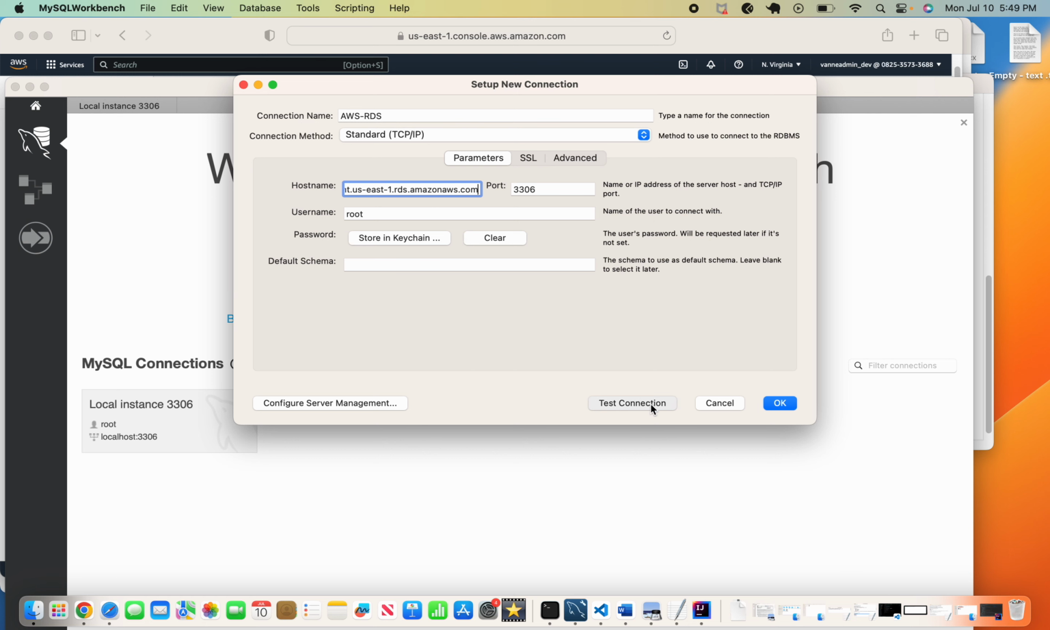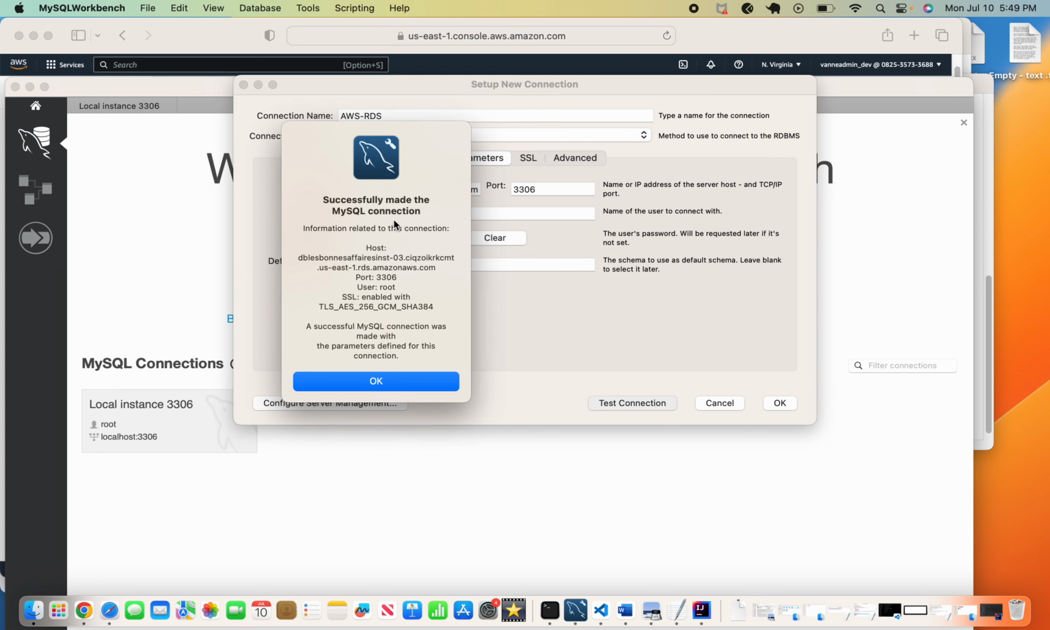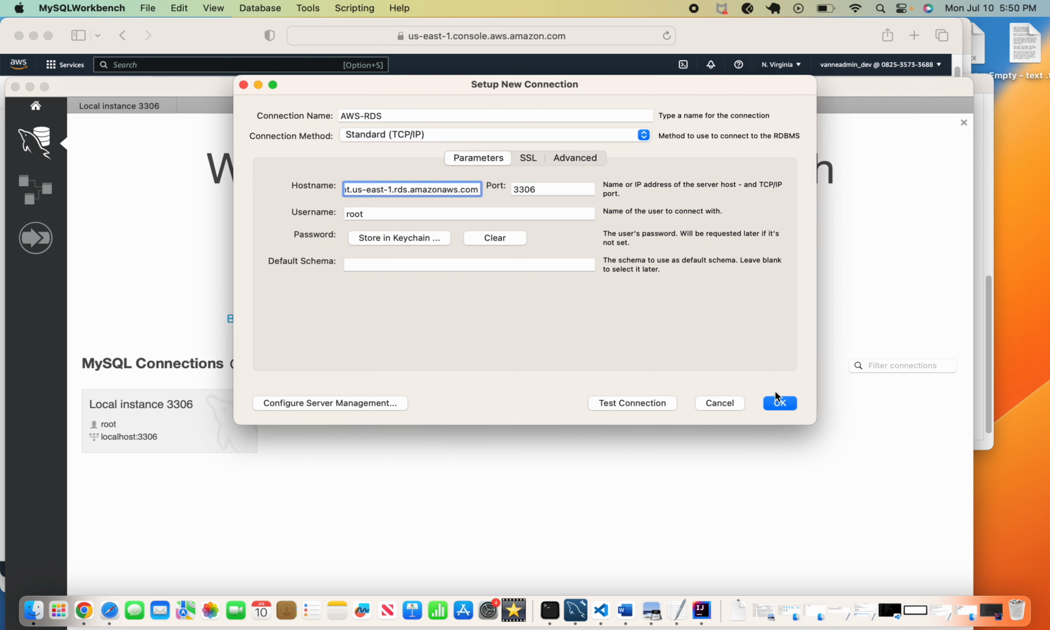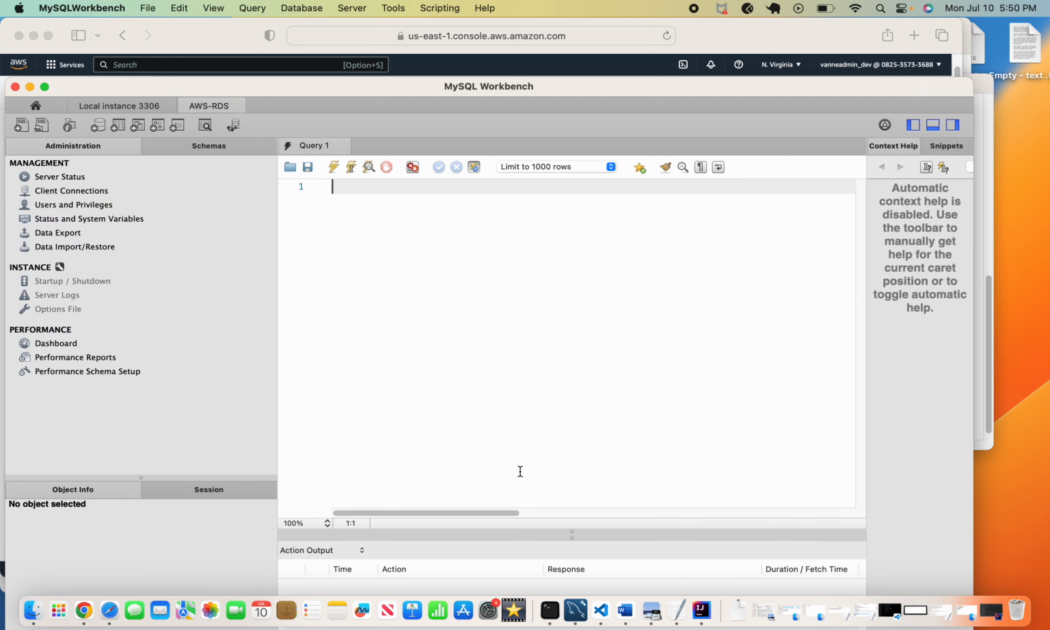I'm going to test the connection now. It's requesting the password. This is the password that we inputted earlier when we were creating the database. I click on OK. It said the connection has been successfully made to MySQL Workbench, which is great. So that means we can start using this one now. So we click on this,